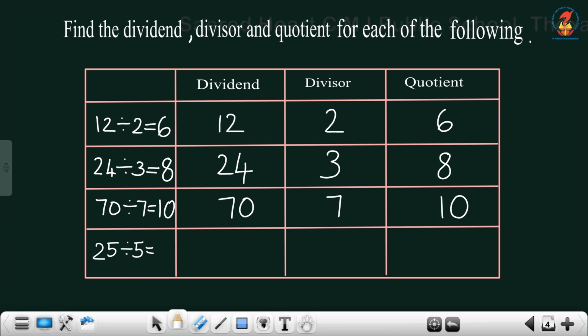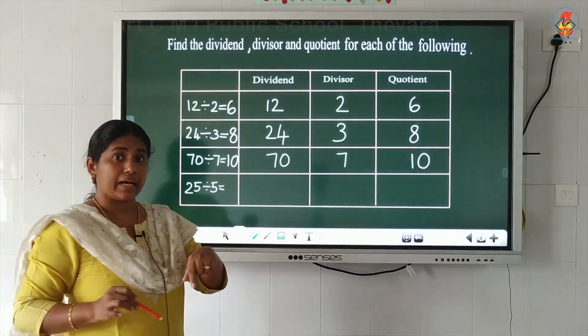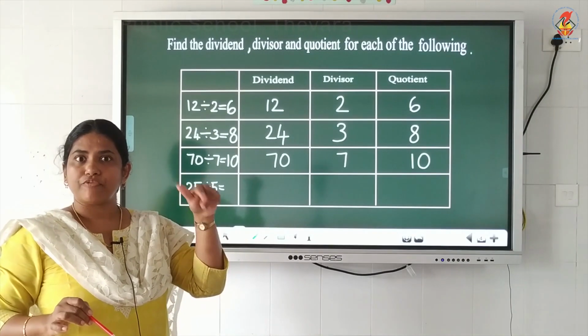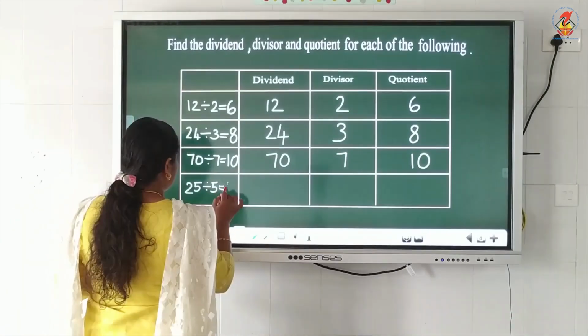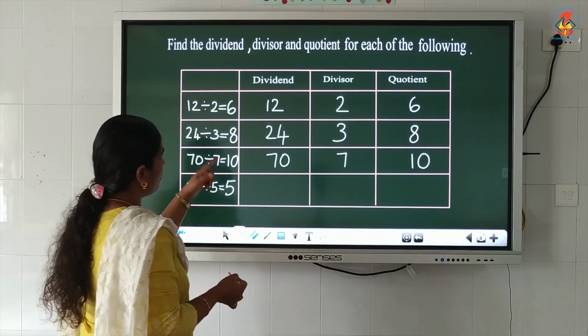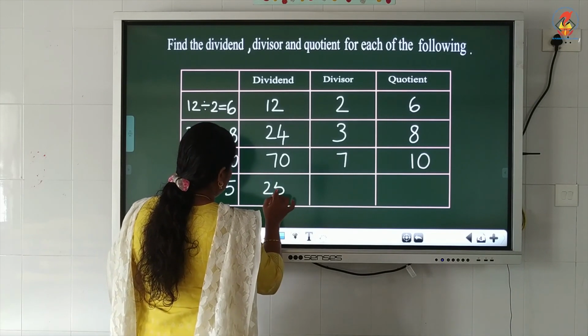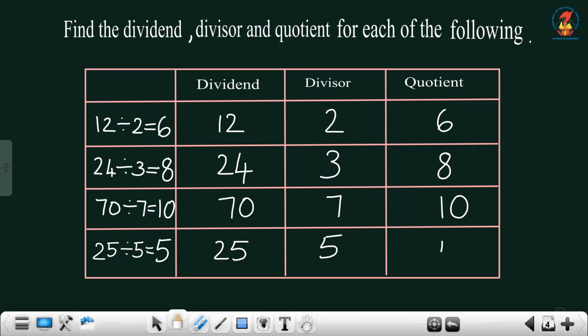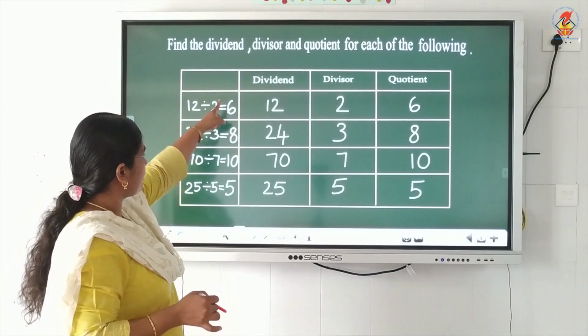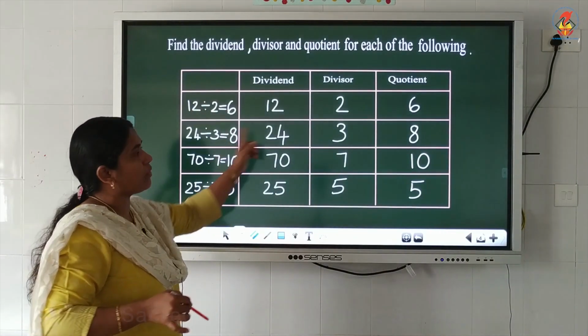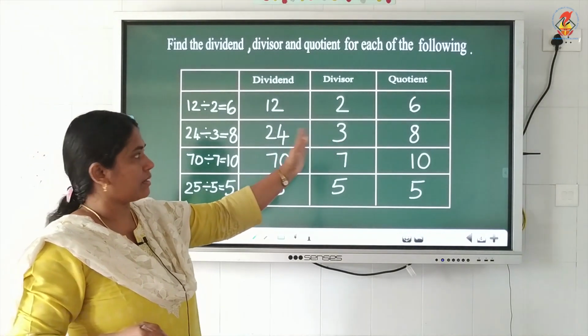Okay. Now, look at the last and final question. 25 divided by 5. Here, all of you know the table of 5, is it? With which number when we multiply 5, we will get the number 25. In 5's table, 5 5s are 25. So, the quotient is 5. Now, let's write the dividend 25 and the divisor 5 and the quotient is also 5. Is it clear? This type of questions are also there in your worksheet. You have to find out the dividend, divisor and quotient. So, first write these answers in the first column, then only write the terms in the corresponding columns.